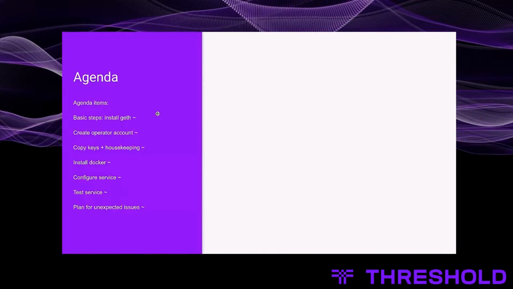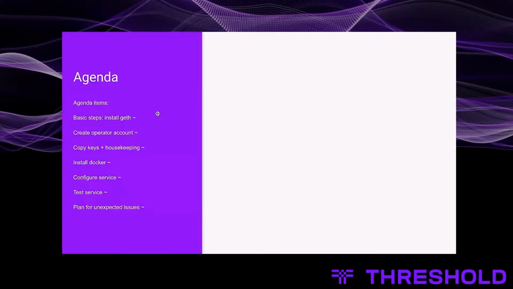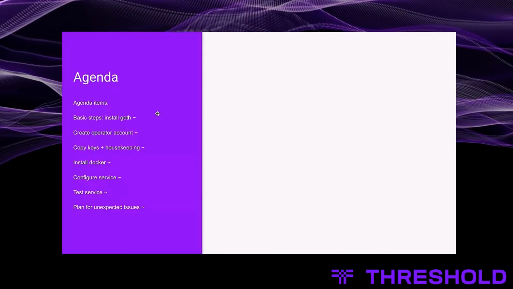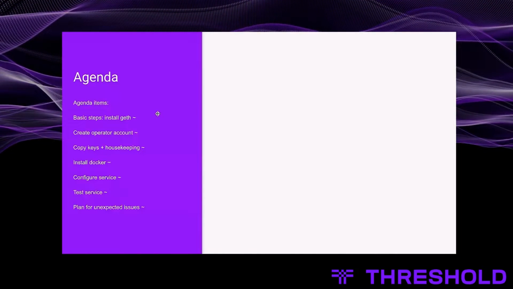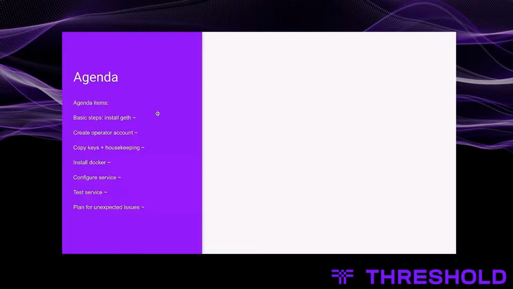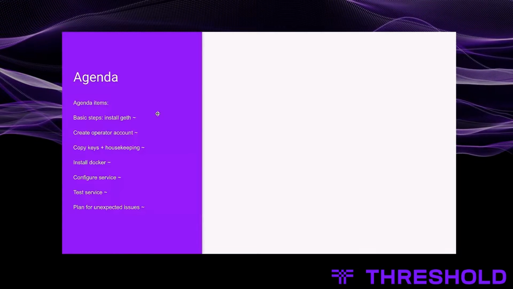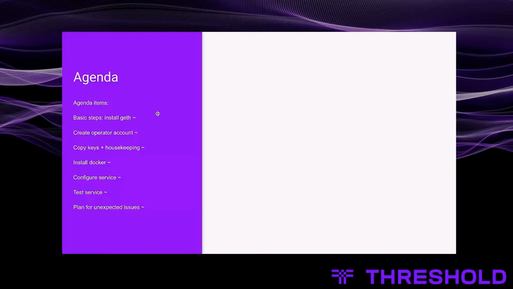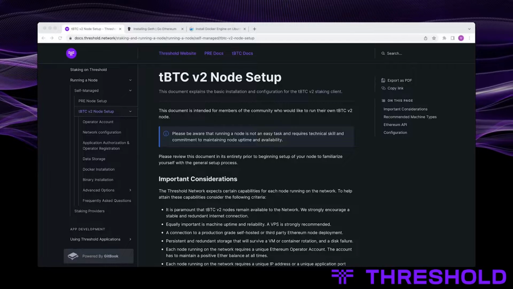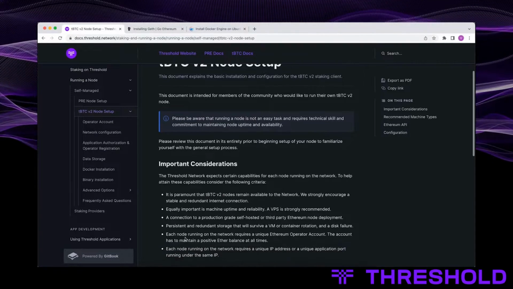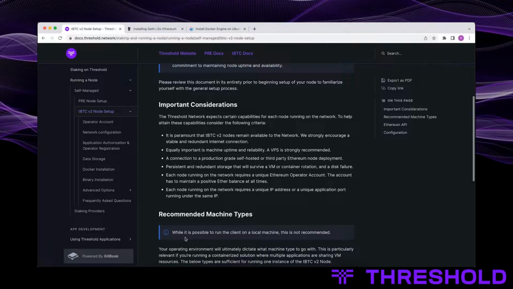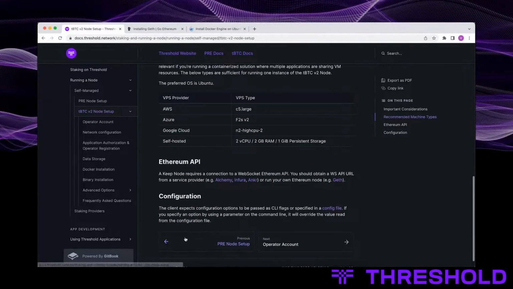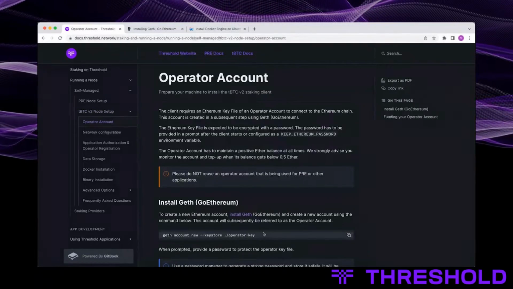So the way I figured we'll do this is I'll go through the documentation and follow, and you can follow along or just watch, and rather than skip any steps, I'm going to go through it one by one. So let's get started. Let me share my screen. All right. So these are our general settings, and I already set up a VPS, so we can just launch into setting up the operator account.